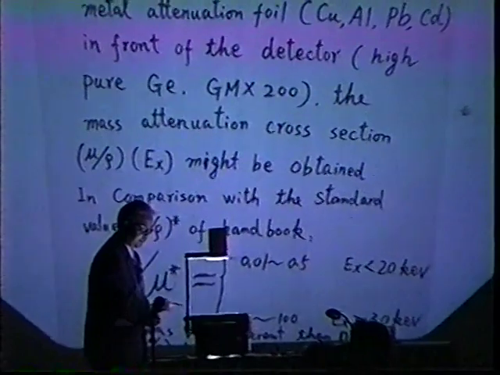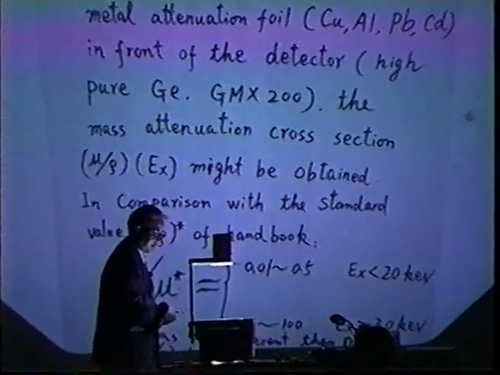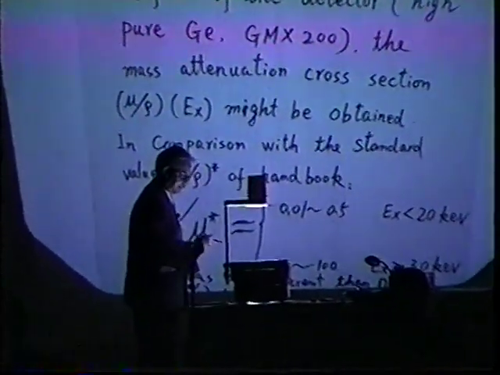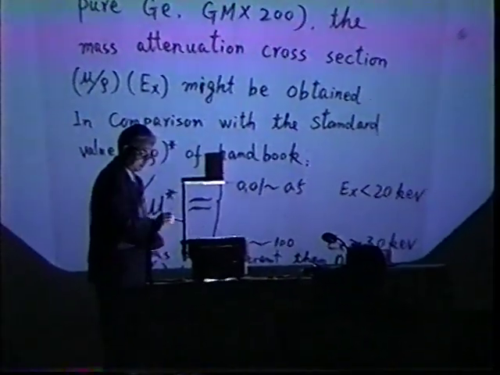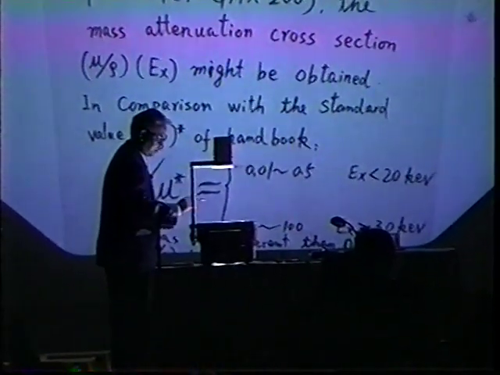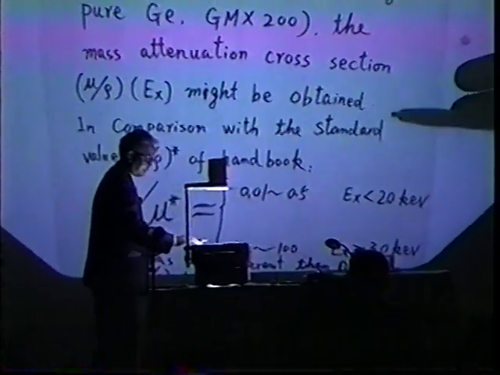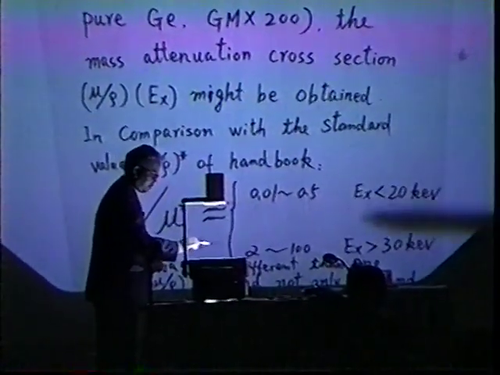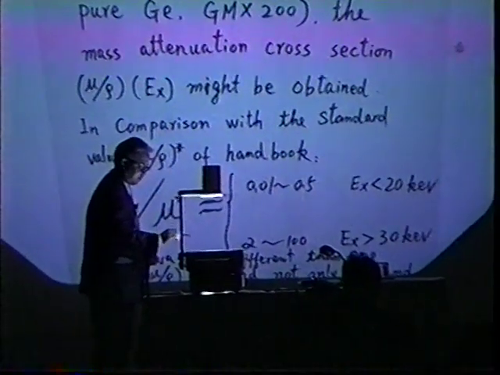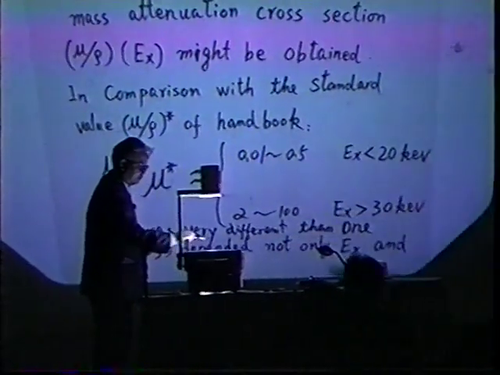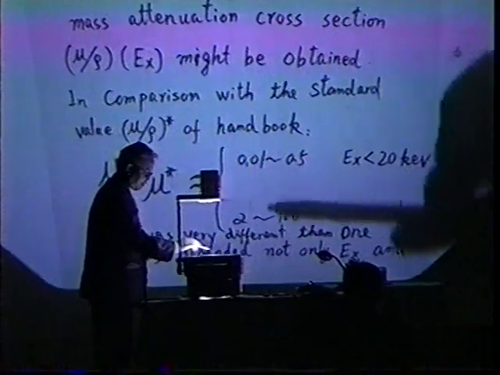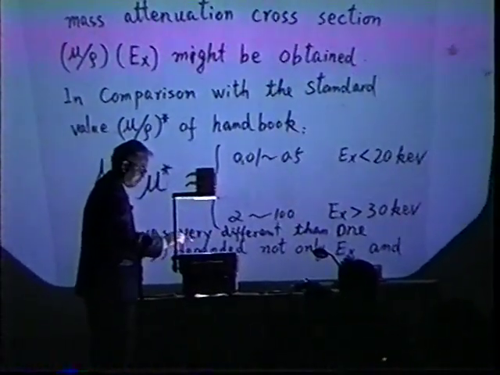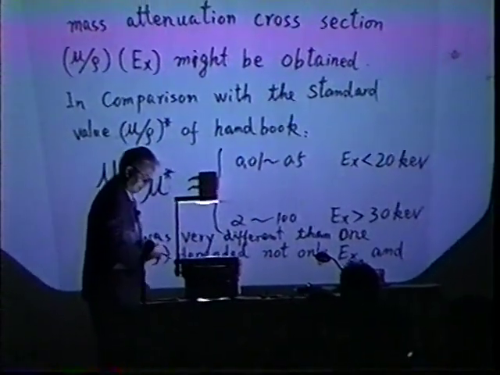So we used different thickness metal attenuators in front of the detector, and the mass attenuation coefficient mu over rho might be obtained in comparison with the standard value mu over rho star of the handbook. Mu over rho star equals this. It is very different from 1, and mu over rho depends not only on energy